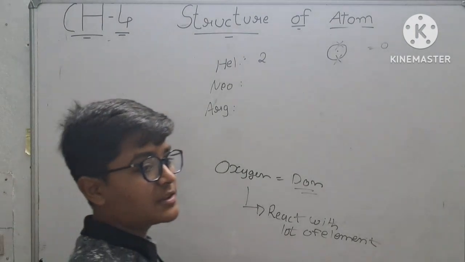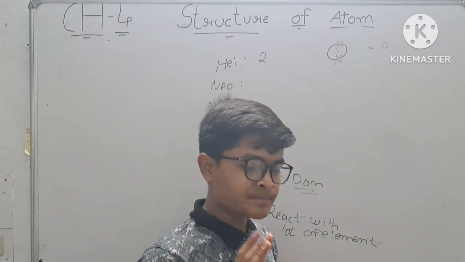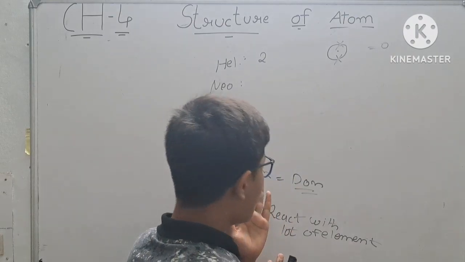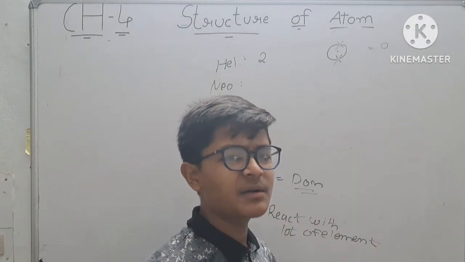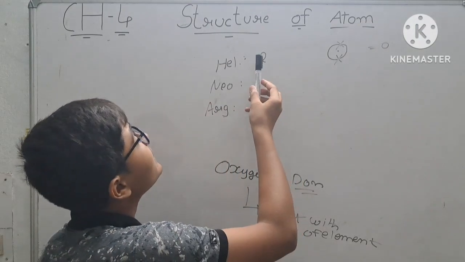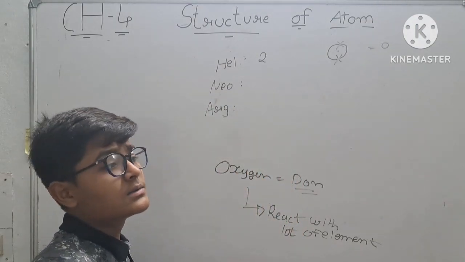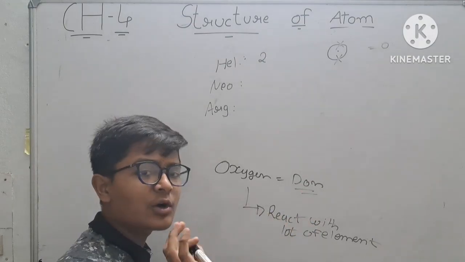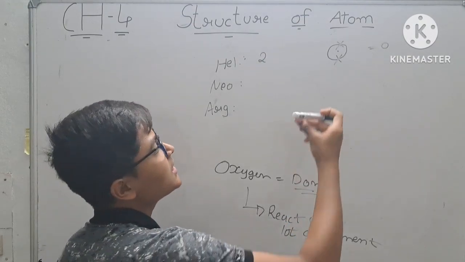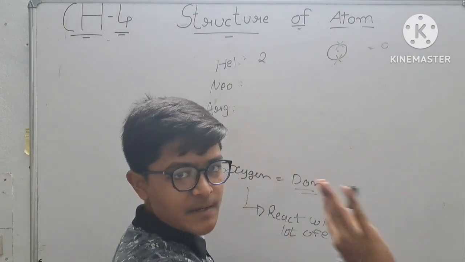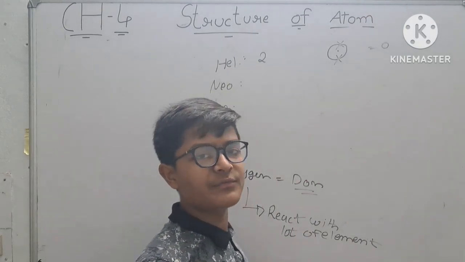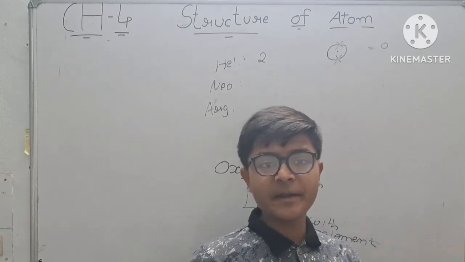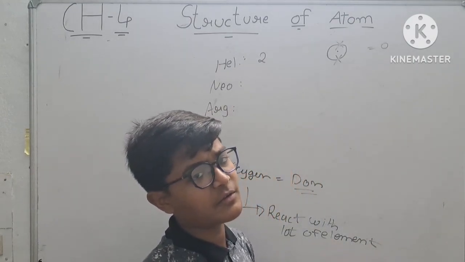Oxygen reacts with a lot of elements, so it is known as reactive. And helium, neon, argon, and other such elements will not interfere in matter because their outermost shell is full. They will not need anything. But the outermost shell of oxygen is not full, so it will react with other elements